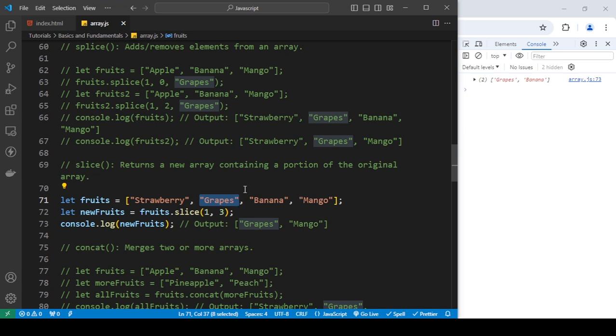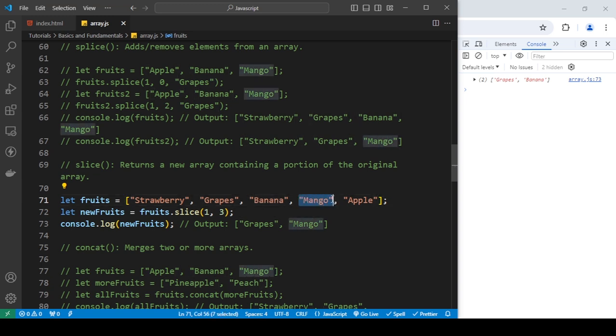Everything else, just remove it. For example, if I ended up adding apple, we'll see that it's still removed, but consider it like this: this is the first index and the third